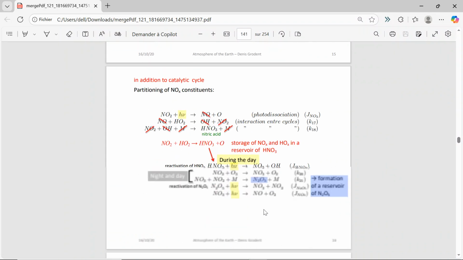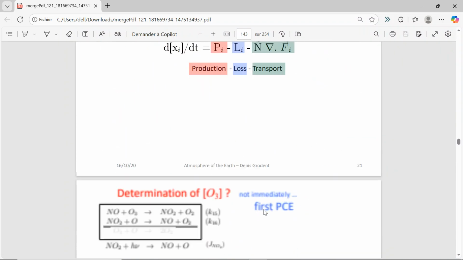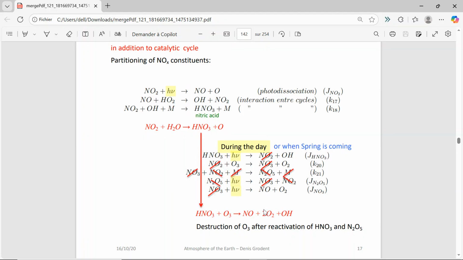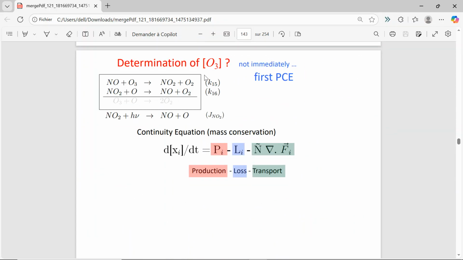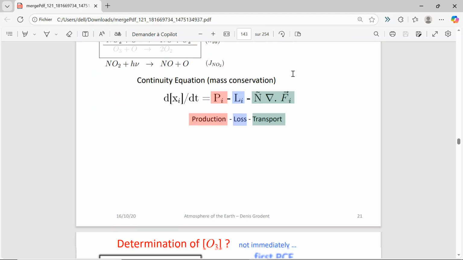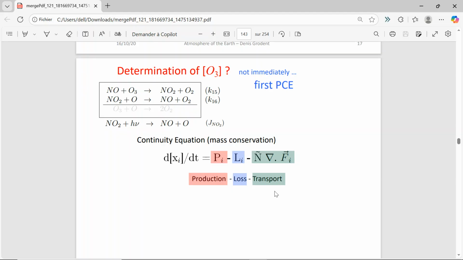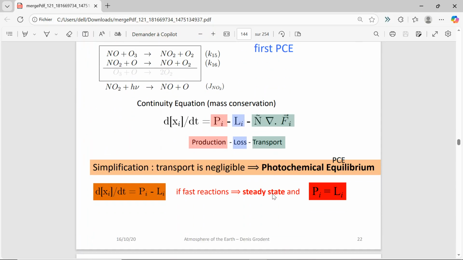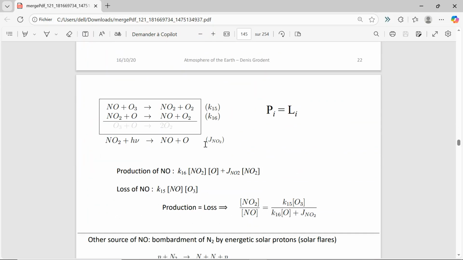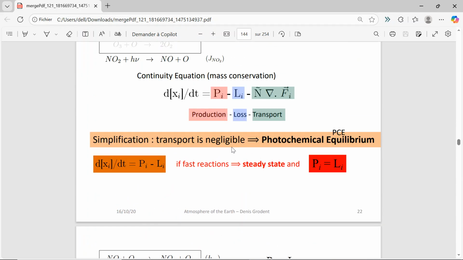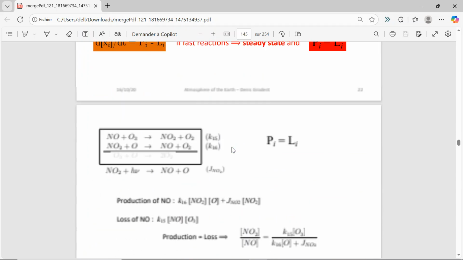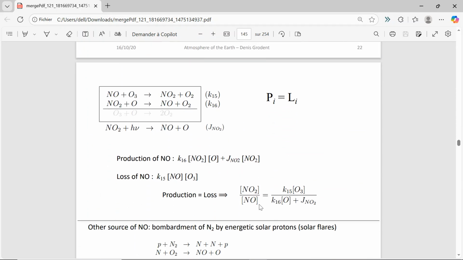So yeah, it is a slide that we just passed over. So we cannot determine the concentration of ozone immediately because we need to do the photochemical equilibrium. Production minus loss minus transport, we assume that the transport is negligible. So we again pass through it and we need to find the variation of